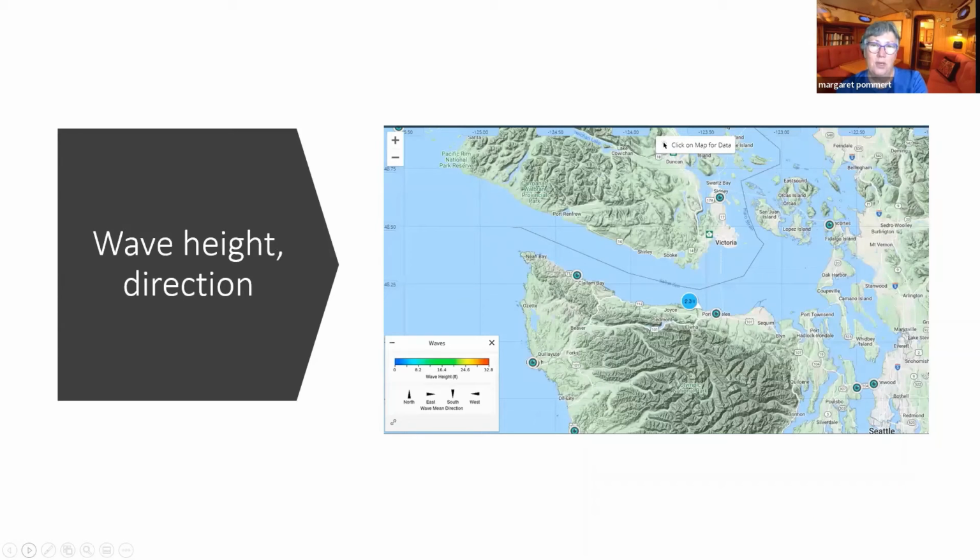I mentioned that one thing that's of common interest to both sailors and power boaters, especially in places like the Straits of Juan de Fuca or off our coast, is the wave height and the wave direction. So I'll use it in these classes to talk about where can you get information to find out about wave height and wave direction. And so here's an example of what comes up initially if you hit the filter for wave height. There's a site there in Port Angeles. Then if we go forward to the next slide,